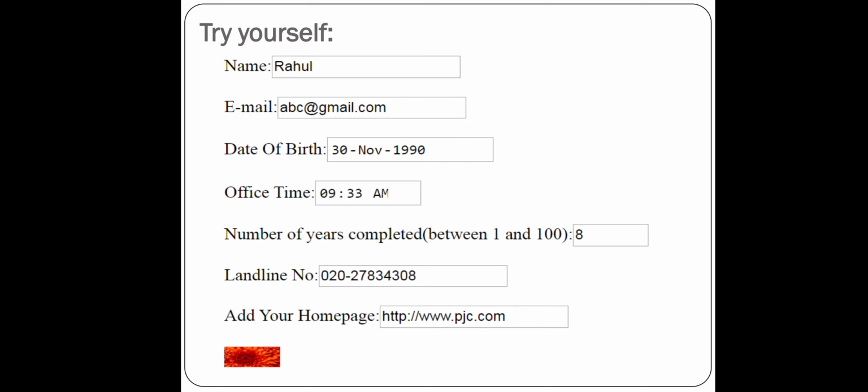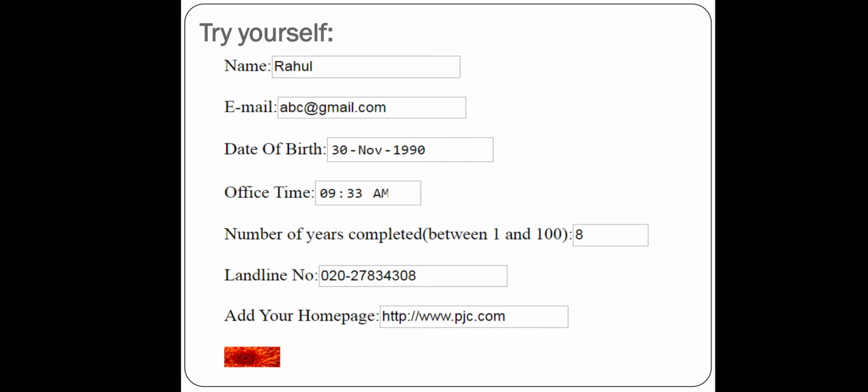So for the first control, it should use the autocomplete feature, and if the name text box is kept blank, it shouldn't allow me to submit my form. I hope it is clear.